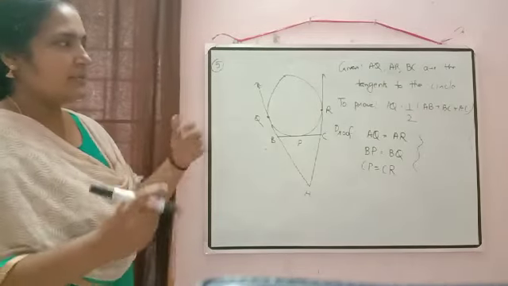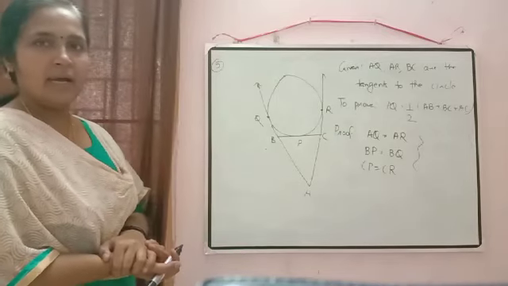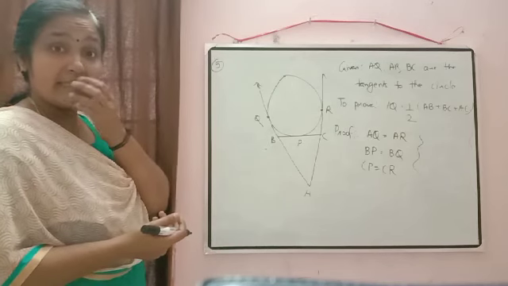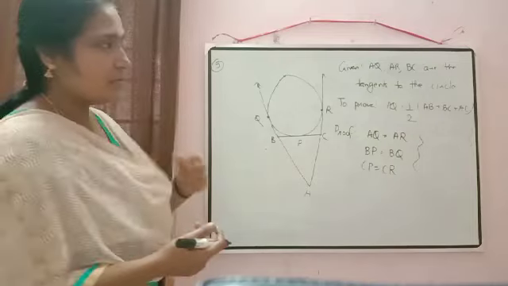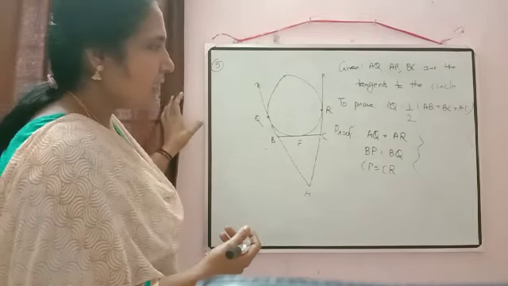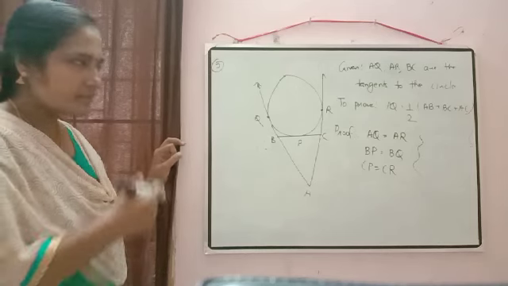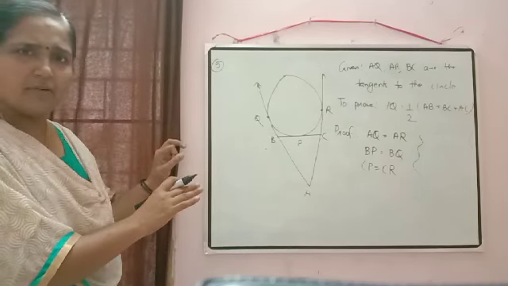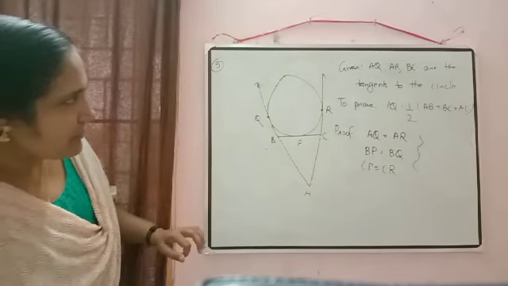Okay. AQ is equal to AR. BP is equal to BQ. CP is equal to CR. So it is better to mark the equal sides, correct? That will be easy for us to prove also. So we have taken AQ is equal to AR. Shall we write X and Y, or can we proceed in this way only? No problem? Okay. So I will rub that out because I need some space here to write.